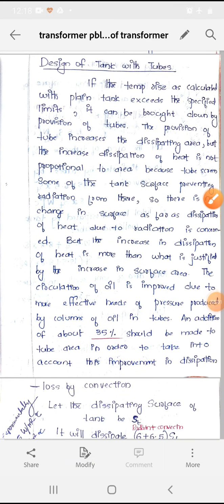Next is the design of tank with tubes. This topic is not included in the syllabus, but we still need to study its derivation as well as the problem. The problem is very interesting, and it's very simple also. Normally tubes are used in the transformer to reduce the temperature rise in the tank. And also, if the tubes are provided, the conduction is improved by